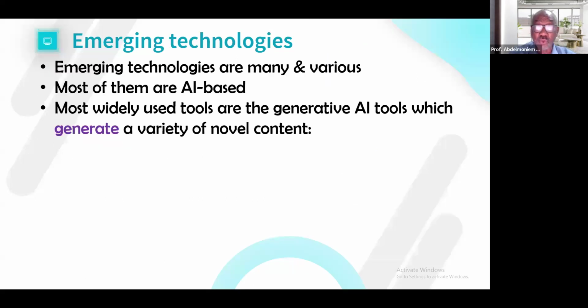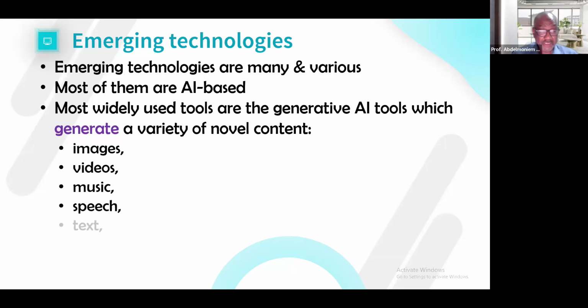Now, the most widely used tools are the generative AI tools. These are the tools which generate a variety of novel content, including images, videos, music, speech, text, software code, and product designs.